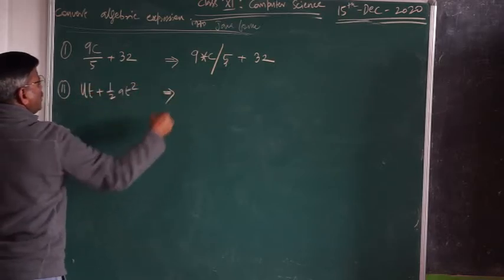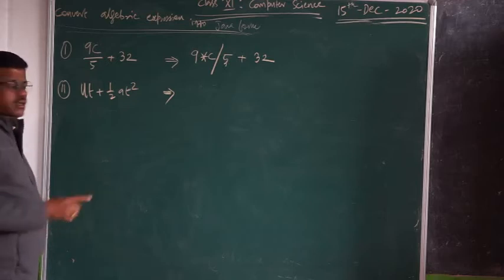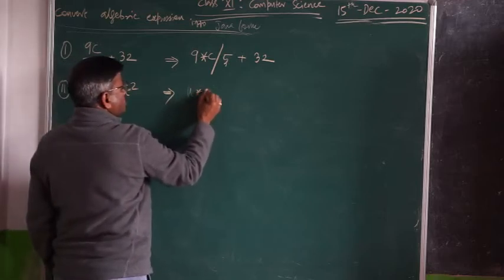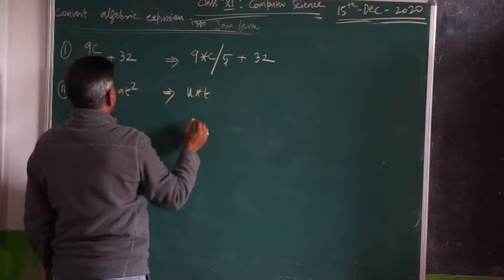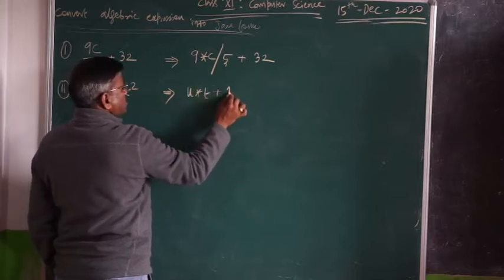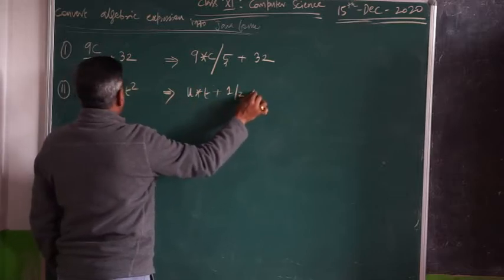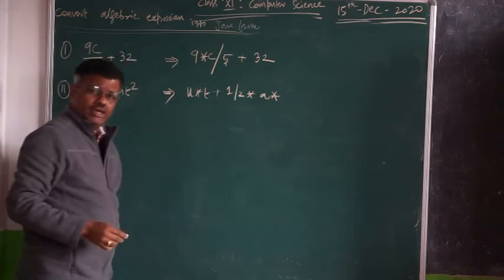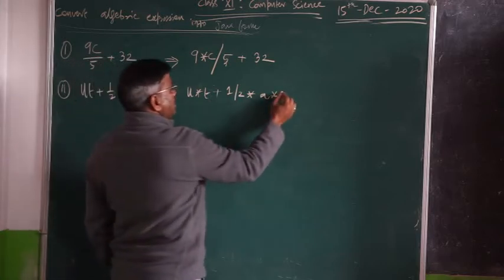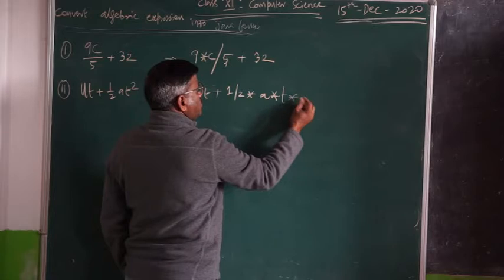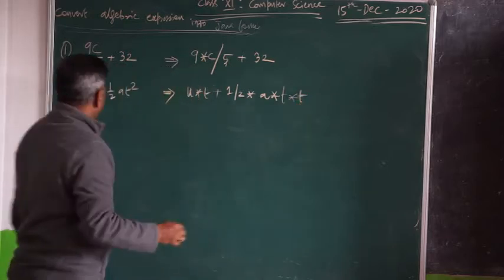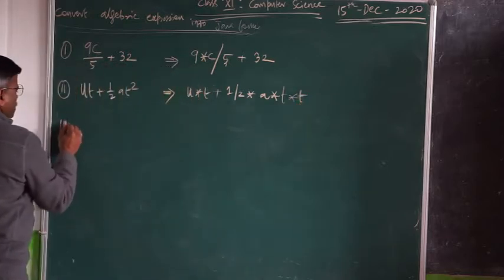ut plus half of a t square. u into t, u asterisk t, plus half into a into t square. t square can be written as t into t. Okay, here the third one is